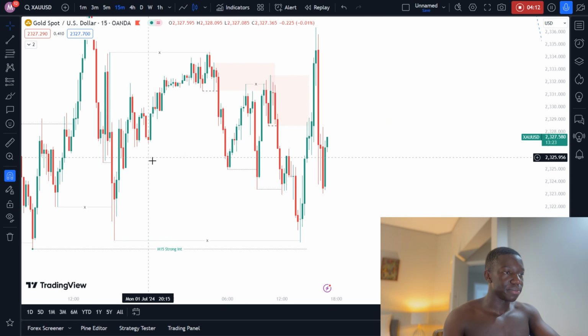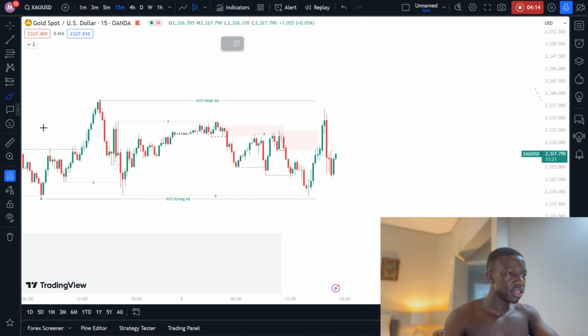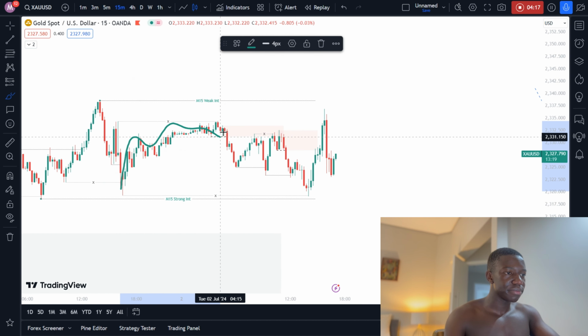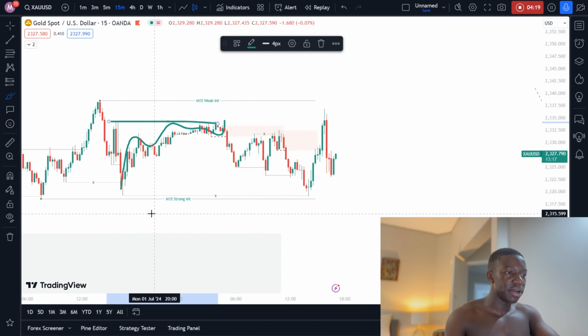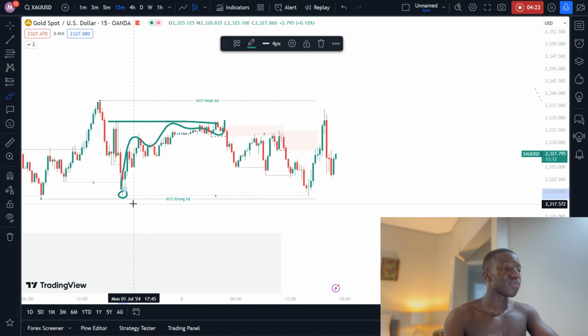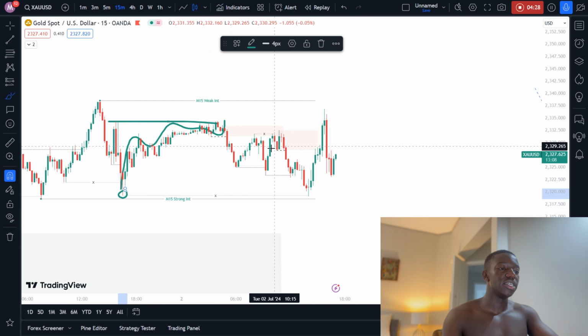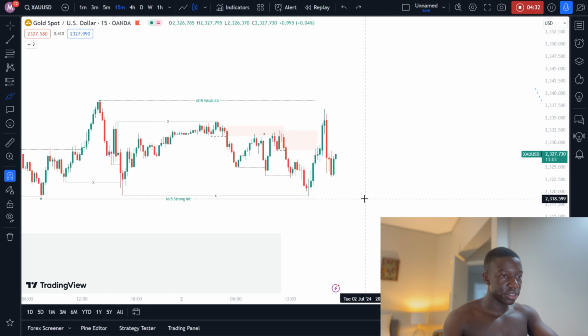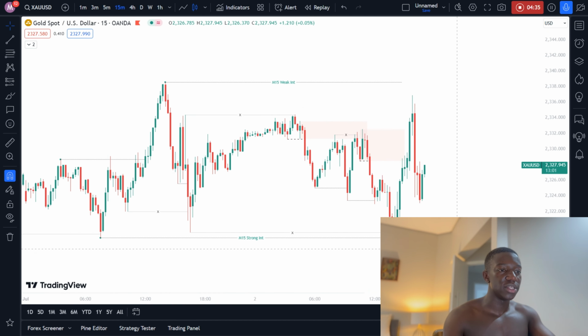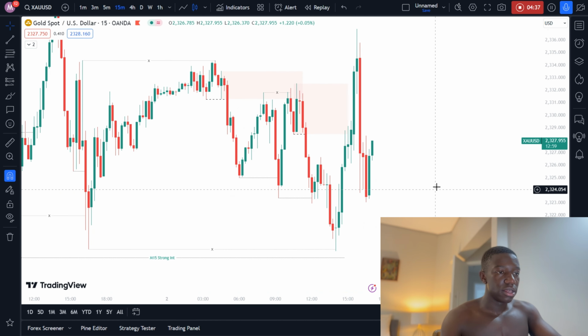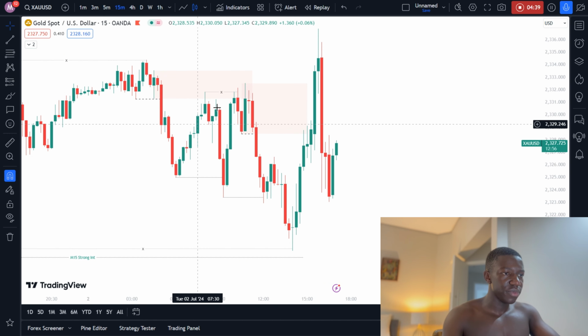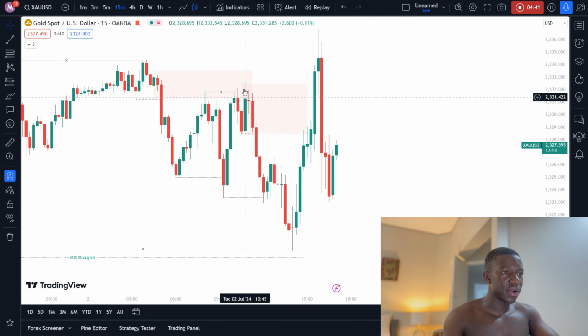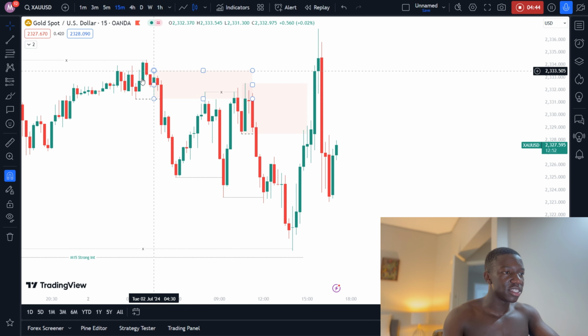And looking at what price had done previously, price had moved up and wicked just above here. So I would have expected price to at least come back and tick below here, sweep liquidity, and then continue going down. So I had bearish bias on it, but clearly it's bullish, as you guys can see. And after price swept liquidity into the supply zone,